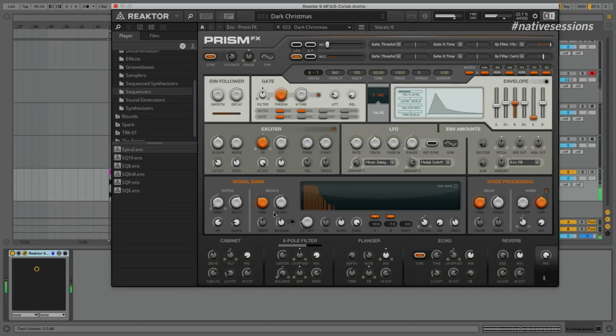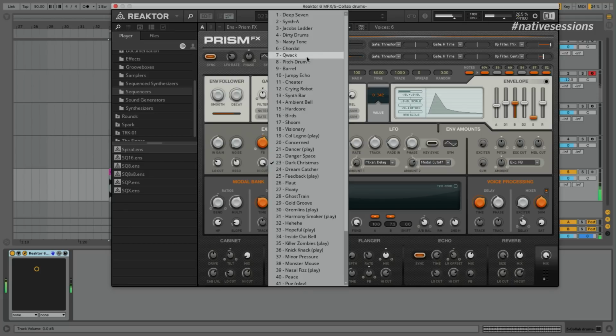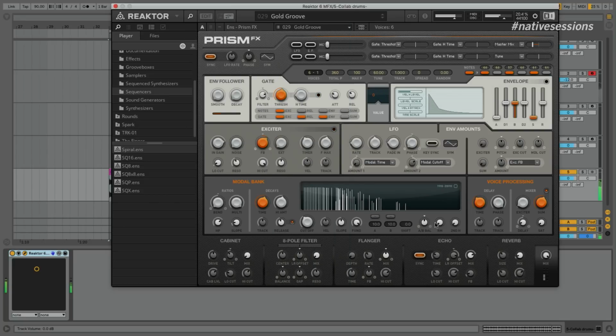But this kind of thing is amazing because you can go really far into one thing, and then I can just change the preset. I use lots of presets as well, and then you've got something entirely different.